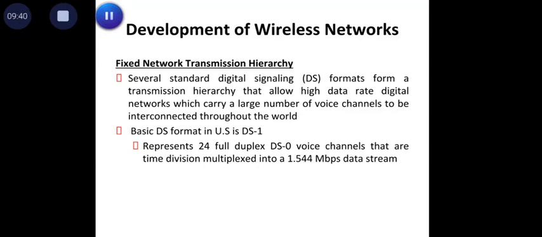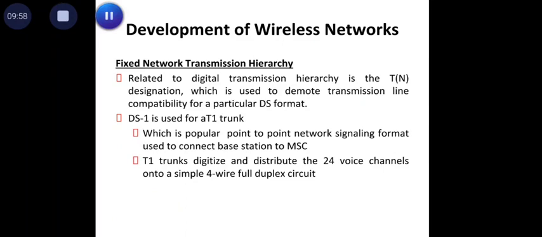The basic data standard digital signaling format in the US is DS1. It represents 24 full duplex DS0 voice channels that are time division multiplexed into a 1.544 megabits per second data stream. Related to the digital transmission hierarchy is the TN designation, which is used to denote transmission line compatibility for a particular DS format. DS1 is used for a T1 trunk, which is a popular point-to-point network signaling format used to connect a base station to the MSC. T1 trunks digitize and distribute the 24 voice channels onto a simple